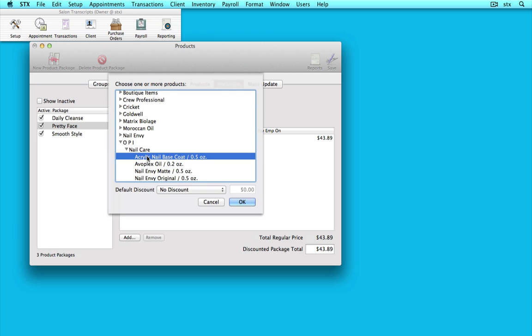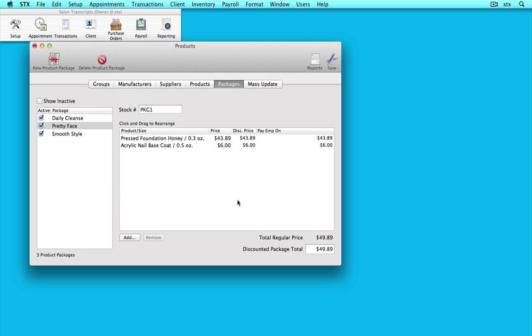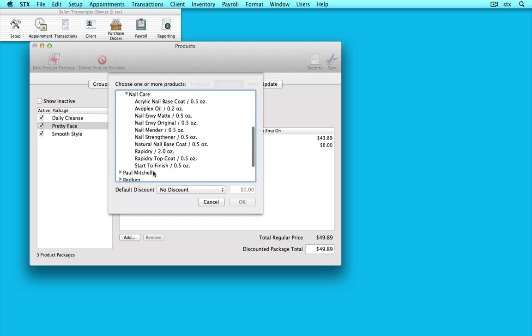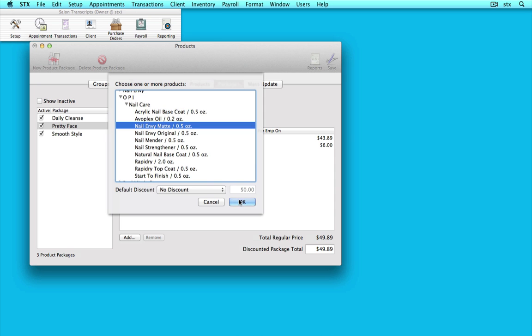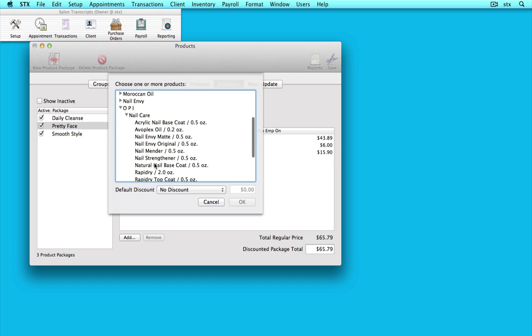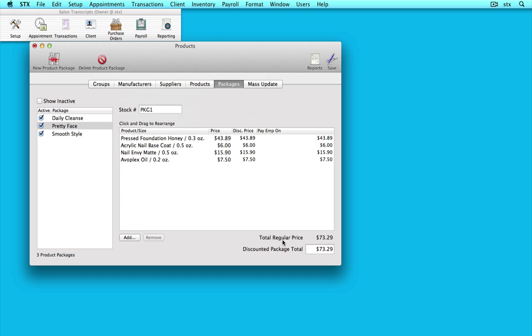We'll add some base coat here. No discount because I'm going to discount my package at the end. We'll add another color, and then we'll add another item. My package total is $73.29. That's the original price. Simply change the package total to reflect what it is you'd like to charge the clients